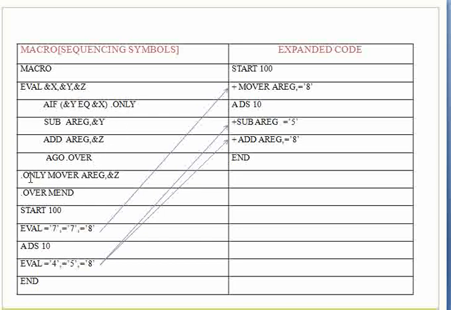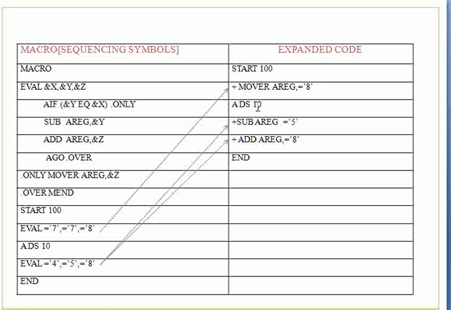So it goes to this line, .only. And what's the line? Move r, a register and z. What is that z? Z is nothing but 8. So in our expansion we see a single line being generated, that is move r, a register equal to 8, because 8 is the actual value for this formal parameter called z. Once it goes over here, the flow becomes sequential again and we go to the next line, MEND, saying that there are no more lines. If you look at the expanded code, the plus sign will indicate that it is an expanded line. After this the macro processor would go to the next line.